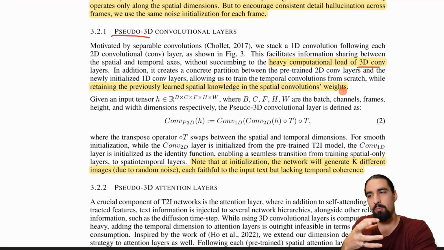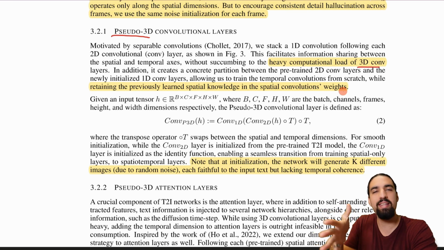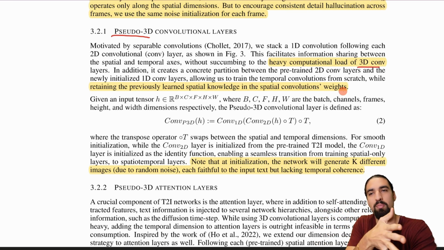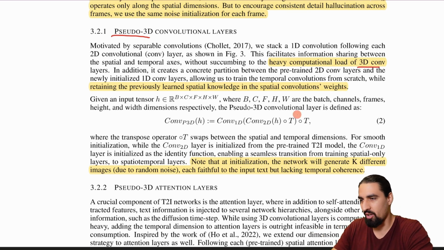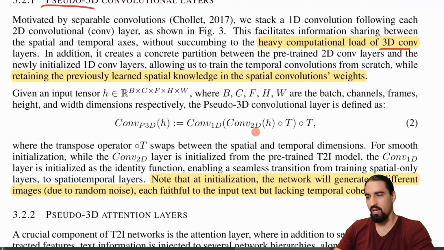They initialize the network initially using the identity function, and because of that, initially it's behaving as if you had 16 independent 2D diffusion models. Okay, so here is how the process roughly looks like. You grab the input tensor, which is BCFHW, because you have C number of channels, and this is the image spatial extent, number of frames, and batch